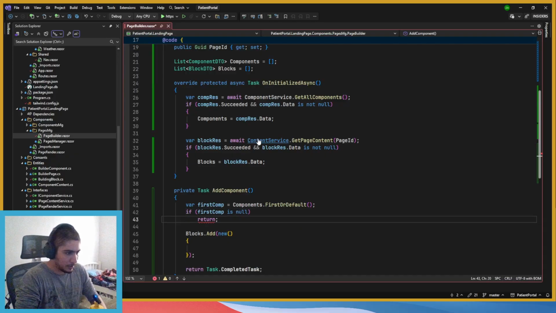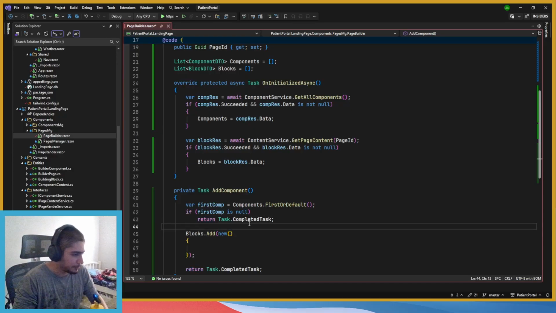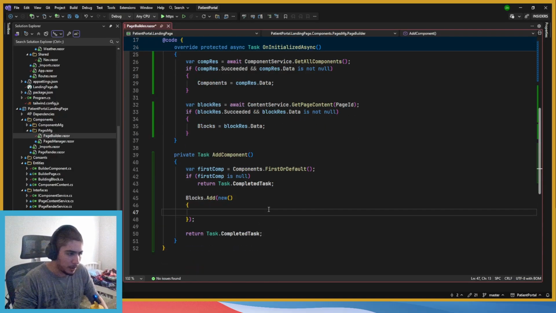I'm used to it writing the rest of the code, but it's not doing it. Task. Well, yeah, let's do this, I guess. We add the ID. Why is it going to the left? I think I have to restart my Visual Studio. I'm not going to do that right now.